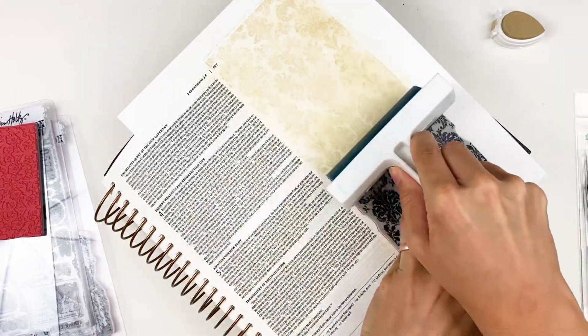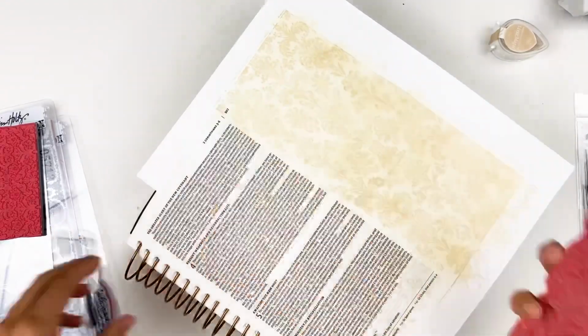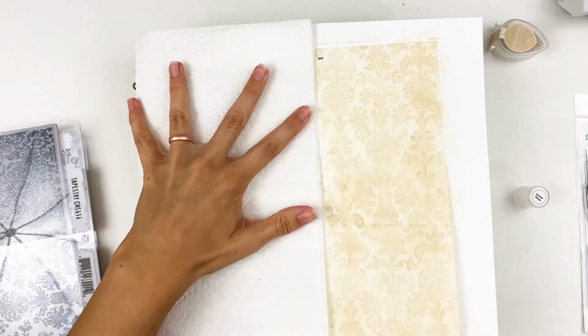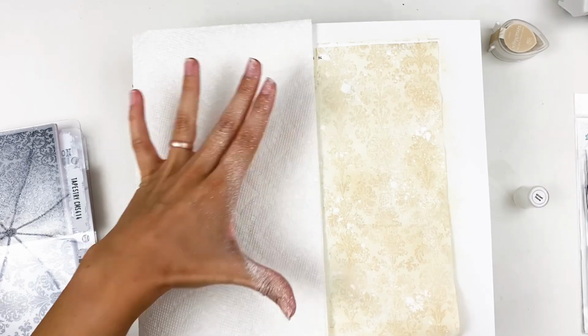So you can see I did not put this on a block. I'm just using a brayer, which is not the ideal way to do that because it does shift the stamp around a little bit, but it was fine because it's just background. And then I wanted to soften it just a little bit, so I'm just using some Picket Fence Distress Spray Stain,